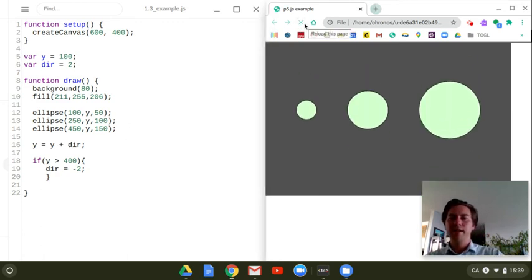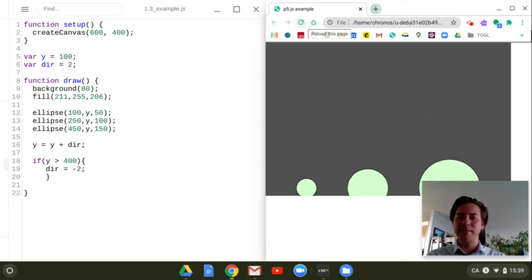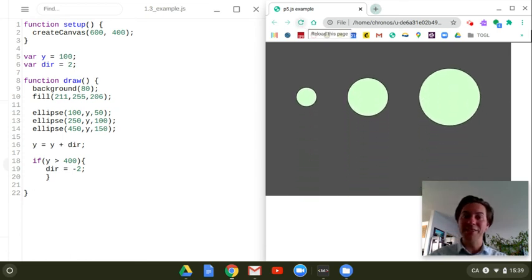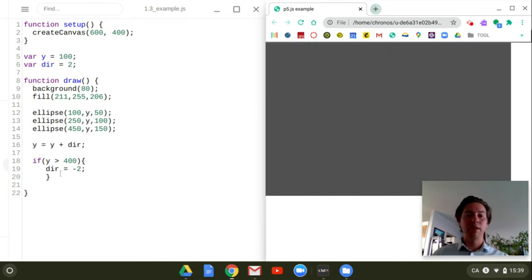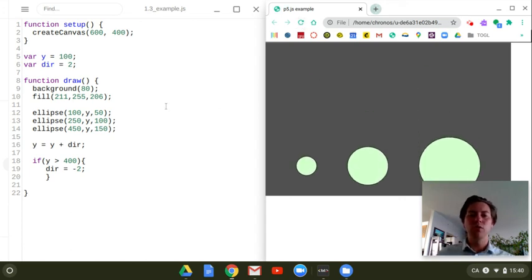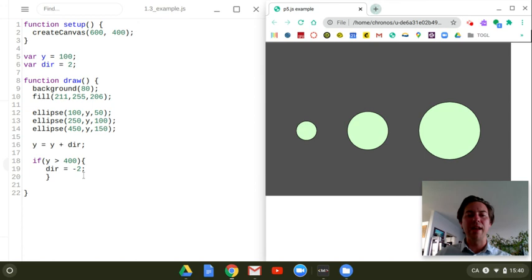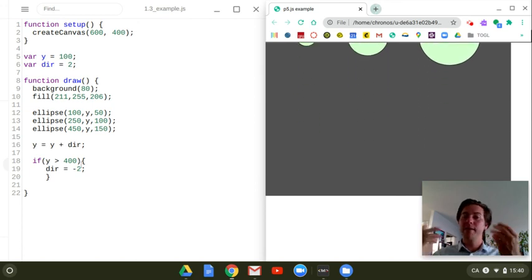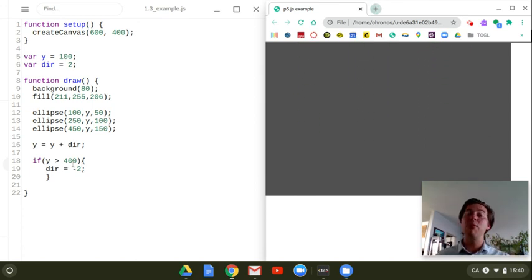All right. So the balls drop, and look at that. Okay, so when it reaches the bottom, when it satisfies that condition, when y is greater than 400, we can take the direction and reverse it. It was positive 2, now it's negative 2, and that causes the balls to change direction. Let's see that one more time. So until we meet this condition, it's going down, and now we're subtracting 2 from y, and the balls rise up. Now we've got the opposite problem,